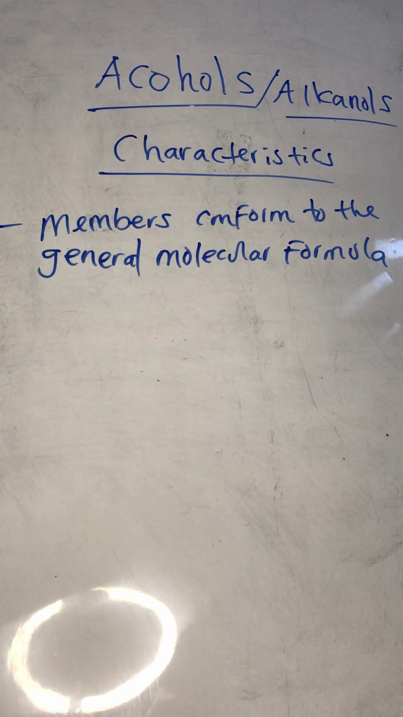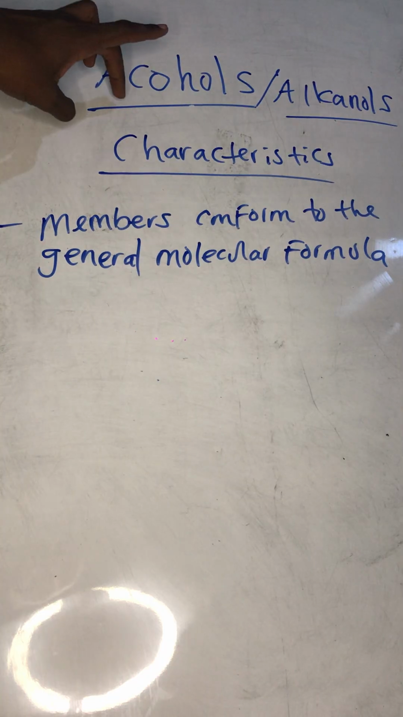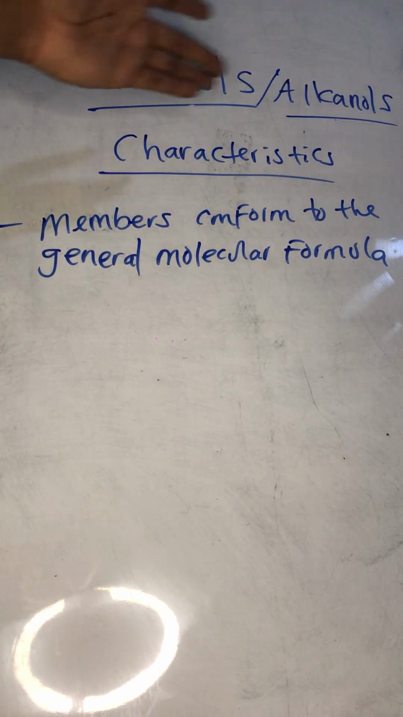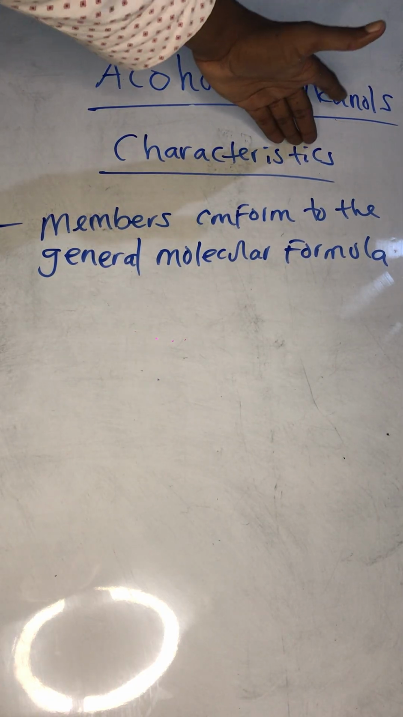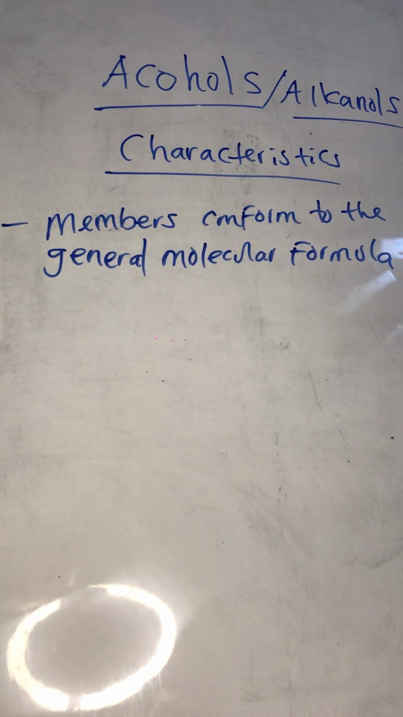Okay, so guys, we are looking at the alcohols. Now remember earlier I said that the alcohols are also known as the alkanols, okay? The alcohols are also known as what? Alkanols. So what are the characteristics of the alcohols? Characteristic number one, we are saying